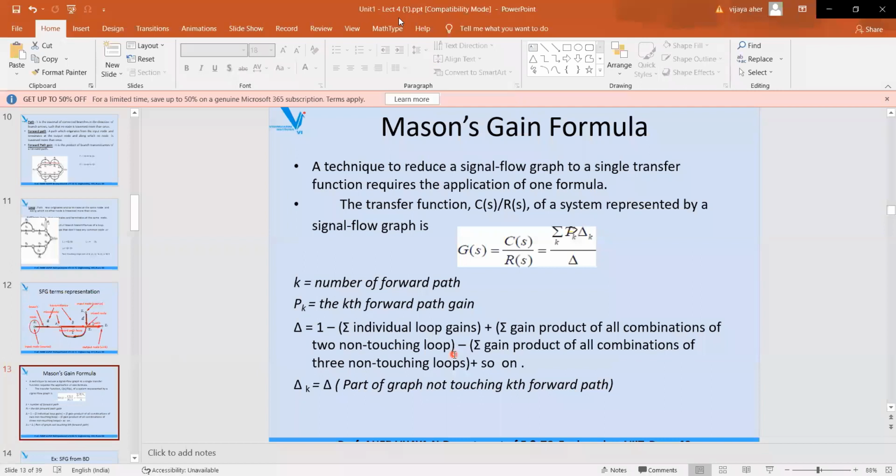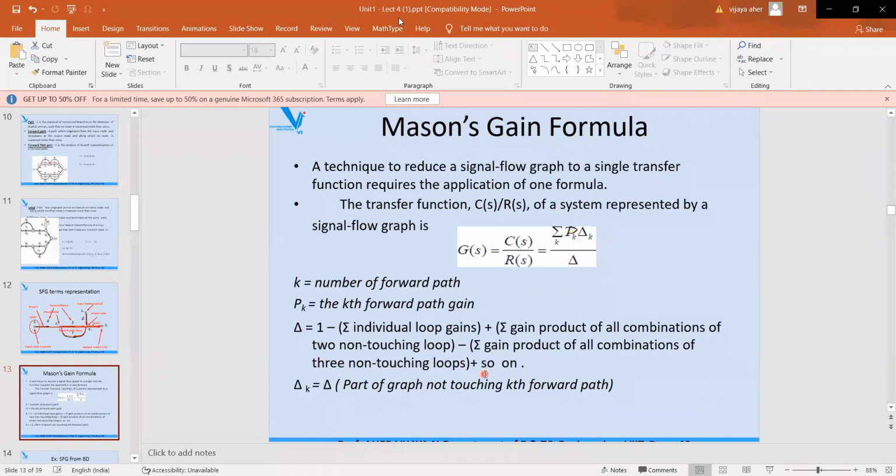ओके, मायनस. बघा पुढच्या ह्याच्यात 3 आहे, आता नॉन टचिंग, मायनस इंटू ब्रॅकेट समेशन ऑफ गेन प्रोडक्ट ऑफ ऑल कॉम्बिनेशन्स ऑफ थ्री, काय, 3 नॉन टचिंग लूप्स. जर 3 असतील तर 3 नॉन टचिंग लूप, 2 असतील तर 2 नॉन टचिंग लूप, ब्रॅकेट कंप्लीट, प्लस सो ऑन. आता पुढे काय येईल आणखीन? प्लस. बघा अल्टरनेट साइन चाललंय आपण, 1 मायनस प्लस मायनस प्लस. आता सो ऑन, इथे काय येईल दुसऱ्या ब्रॅकेट मध्ये, पुढच्या ब्रॅकेट मध्ये, समेशन ऑफ गेन प्रोडक्ट ऑफ ऑल कॉम्बिनेशन्स ऑफ 4 नॉन टचिंग लूप्स, परत मायनस, अगेन सेम टर्म, 5 non-touching loops